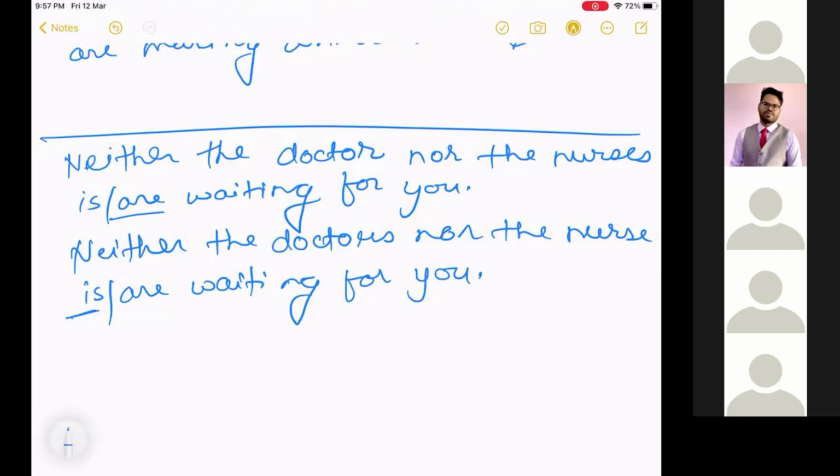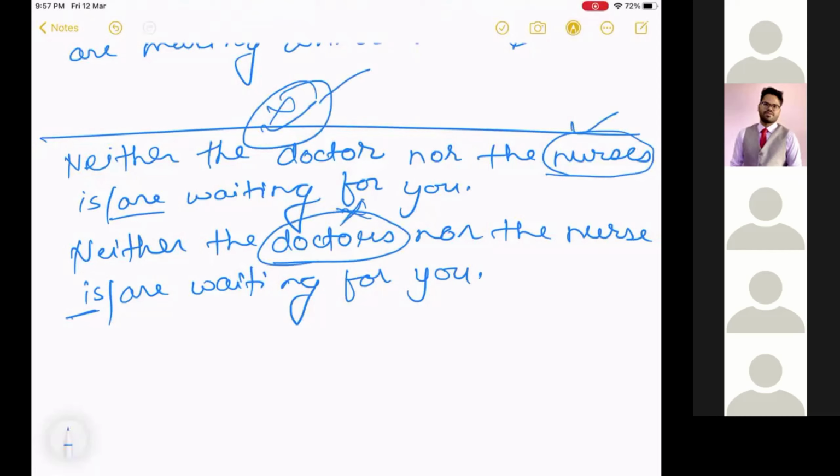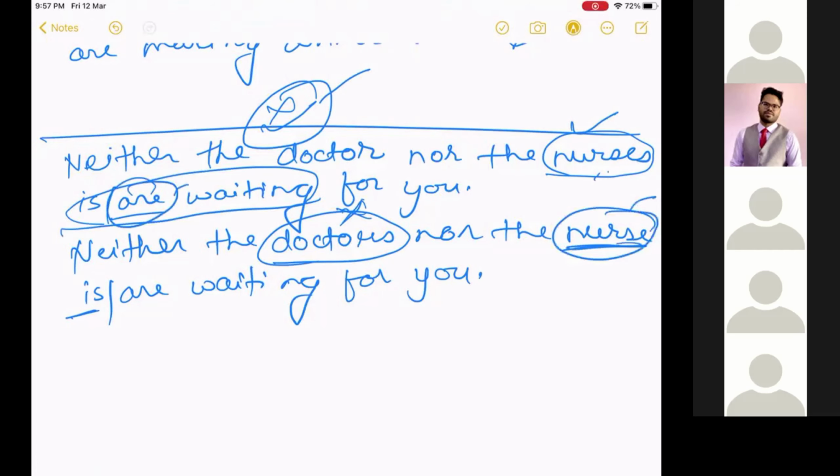Okay, see, I will repeat the concept again. We have two subjects here. Forget about the first subject. Don't consider it. For example, here we have doctors, it doesn't matter, whatever you have here. All that matters is your second subject, which is near to your verb. Here nurses is near to your verb, so what will you use? Nurses are. In the second one, nurse is the subject near to your verb. So what will you say? Nurse is. So what we follow is the subject that is near to our verb. It doesn't matter about the other subjects. Okay. So I'll share